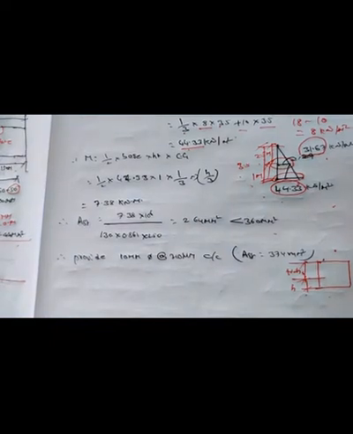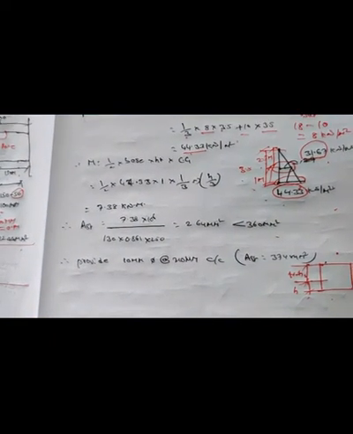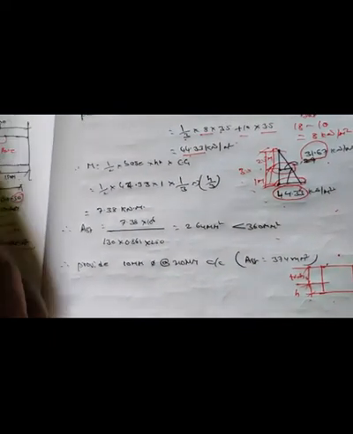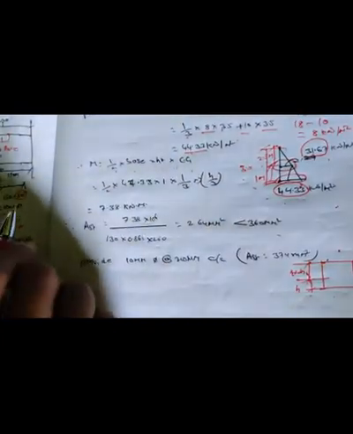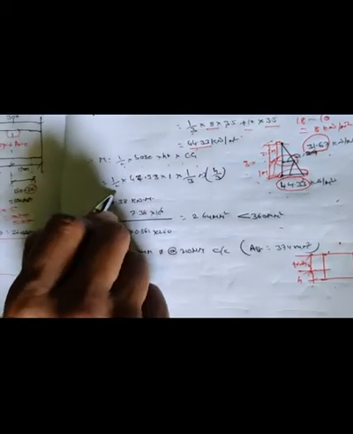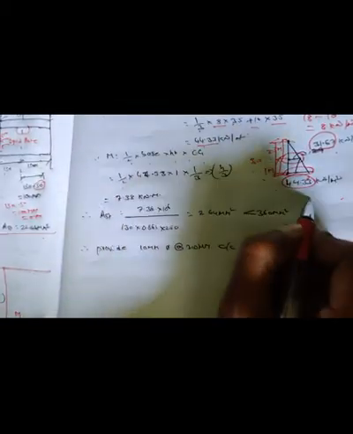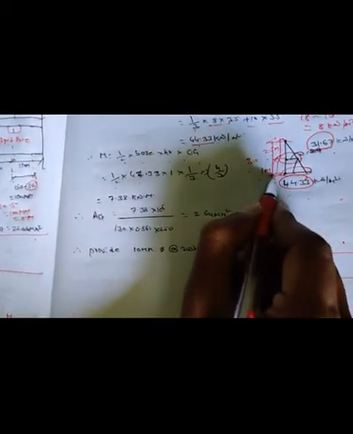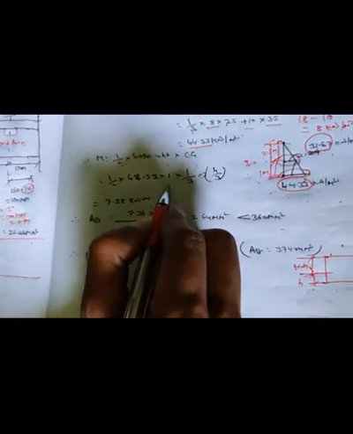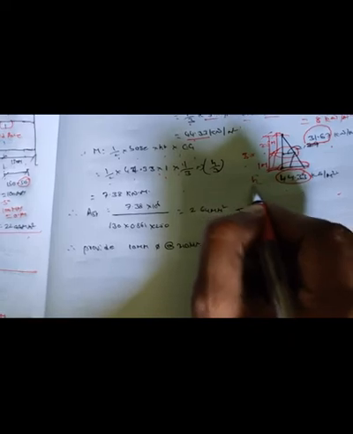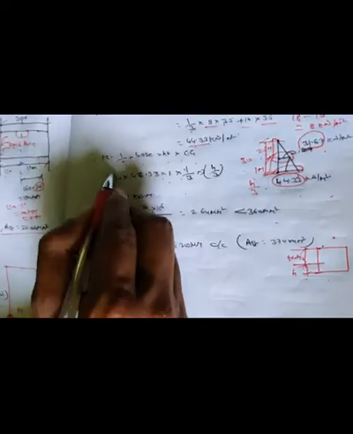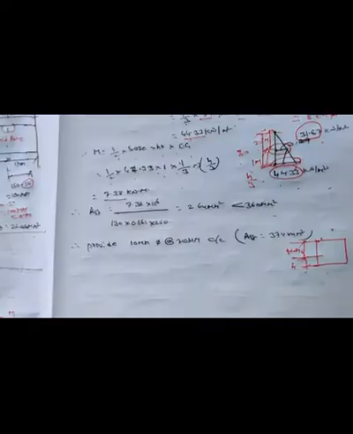Obviously whenever we are finding the bending moment at base, we have to find the bending moment, that is half into base into height into center of gravity. That is half into base pressure 44.33, height how much here it is there? 1 meter, into 1 by 3, because the centroid of a right angle triangle is at h by 3. By calculating this one, I am getting moment as 7.38.